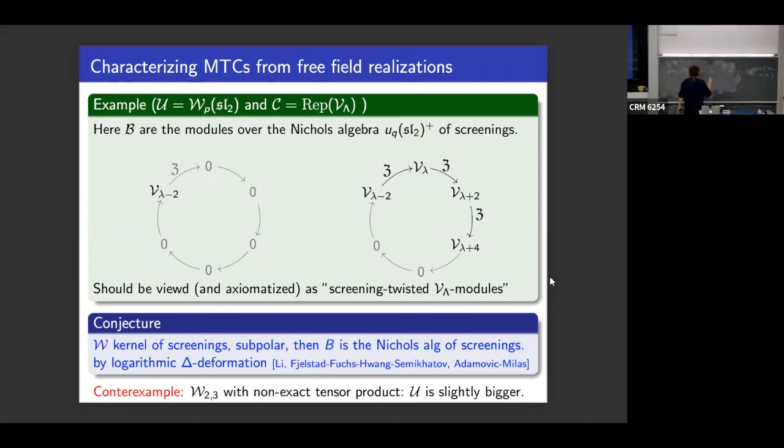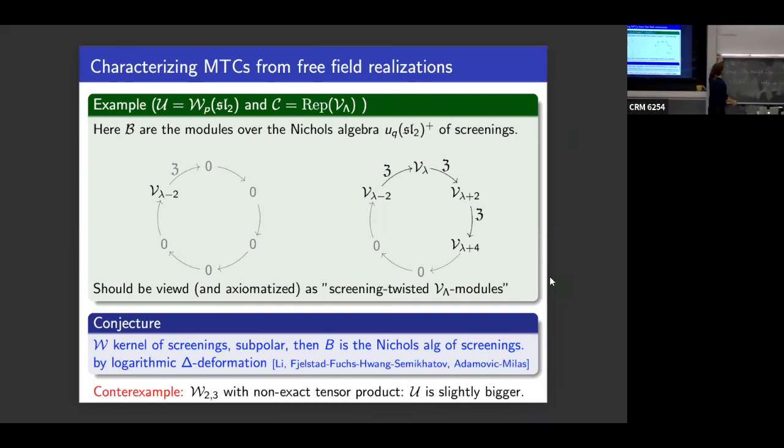And what they use it for is, and this is established, and many people use this, I think, for the triplet, for example. This is called delta in the physics literature, I think. This deformed module is a proper module over the kernel of screenings. But it's more. It's still a module over V, but one with logarithms. It's a twisted module. And if you check this condition that I had, no, it's gone already.